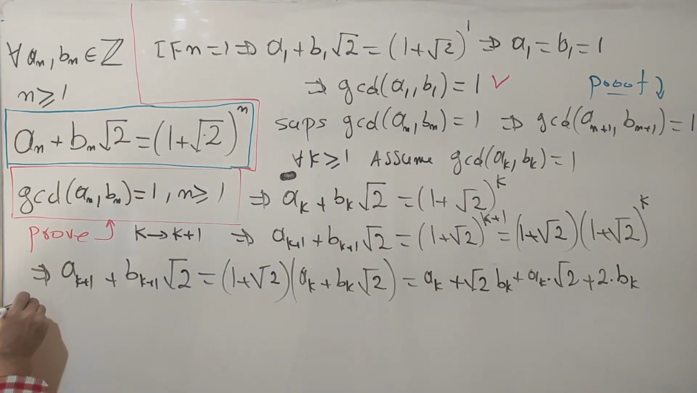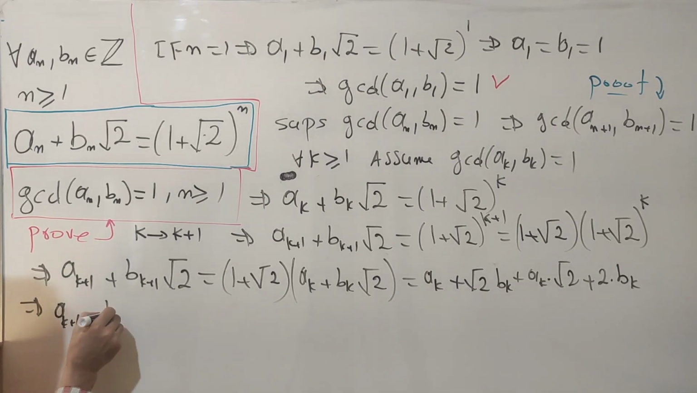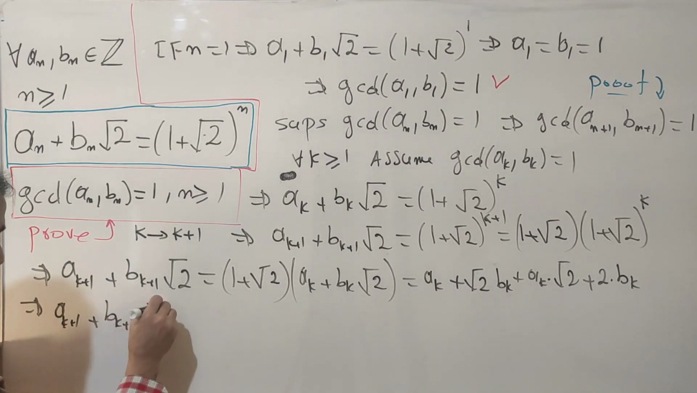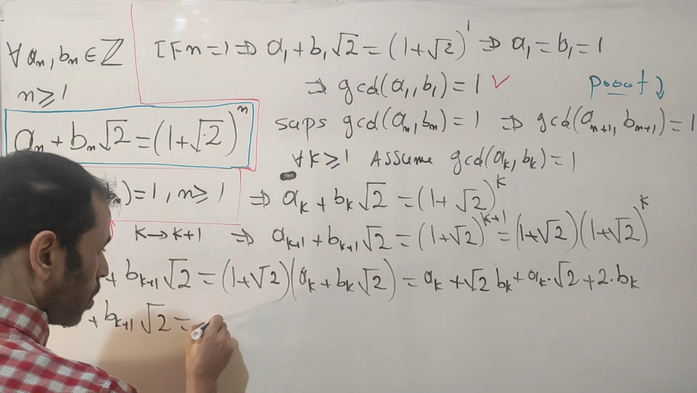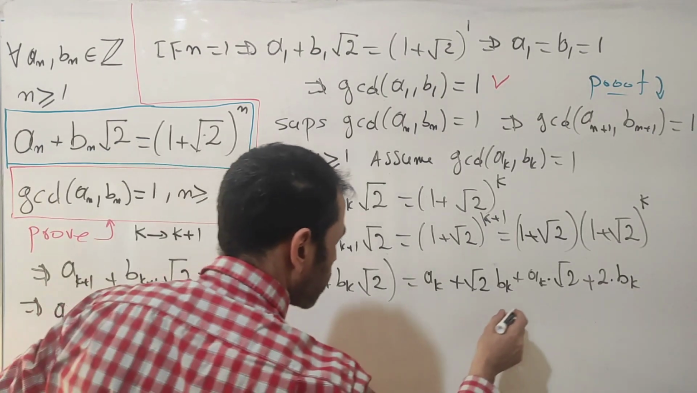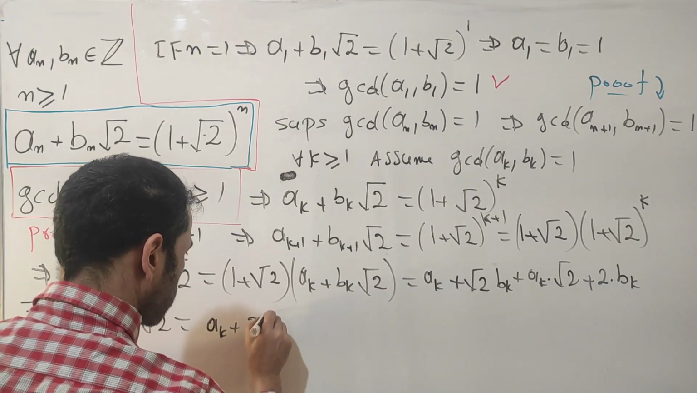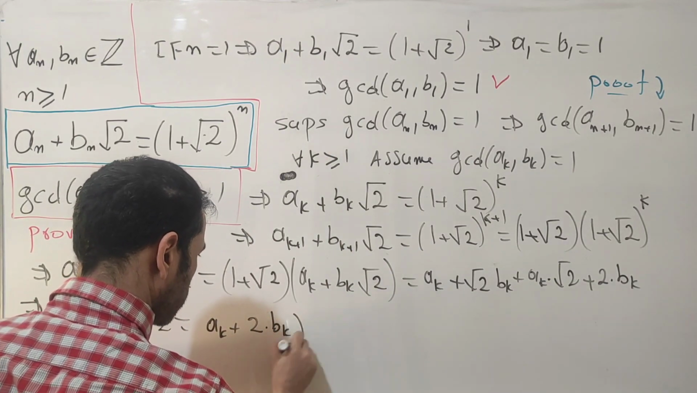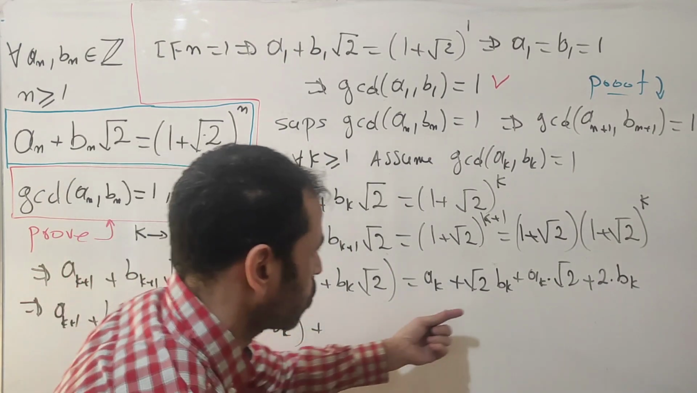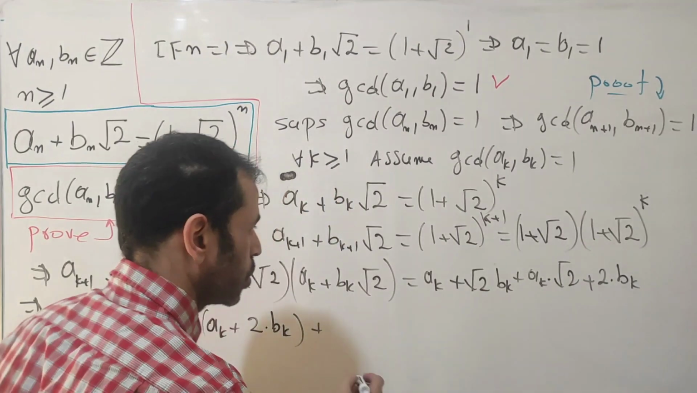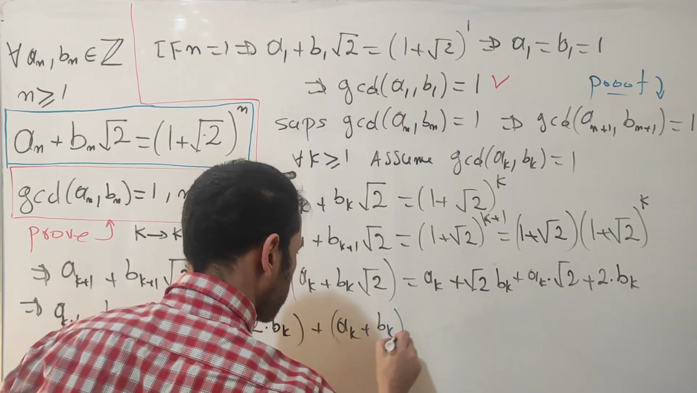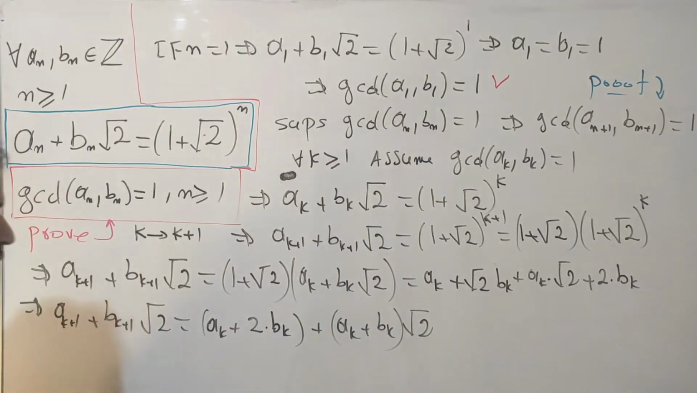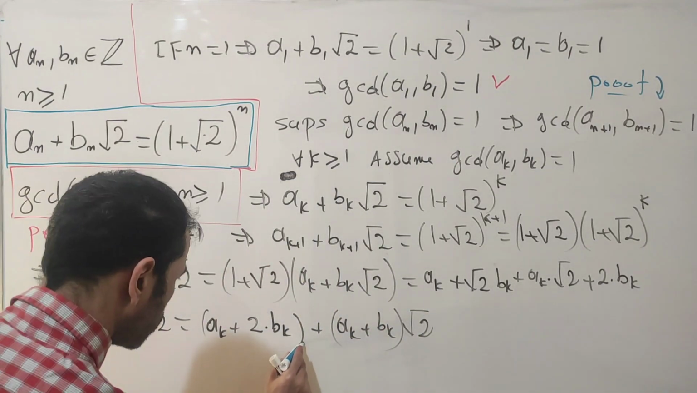So we get here the following expression: e sub k plus 1 plus b sub k plus 1 is multiplied by square root of 2, which equals e sub k plus 2 multiplied by b sub k, plus the terms which have square root of 2, which is e sub k plus b sub k, all multiplied by square root of 2. Okay, it's more clear. So let's replace this one